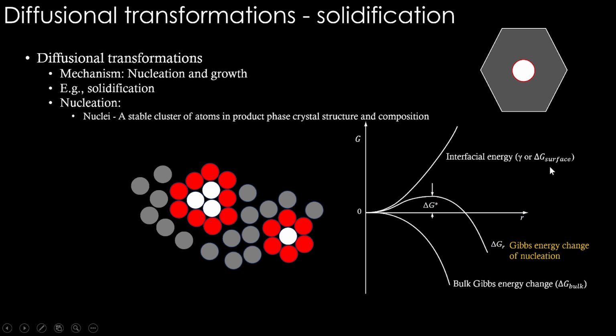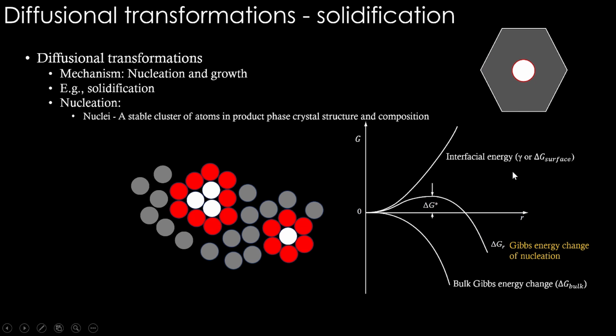Till now, when we considered thermodynamics, we have been thinking only about this bulk Gibbs energy change. If a product phase has a lower Gibbs energy than the parent, the product will form. This is how we have been discussing all along. Now we are bringing in aspects such as interfacial energy, which are part of this transformation, but they are positive energy changes. They are not negative energy changes. Therefore, that positive energy change should be supplied by the negative energy change that is happening, meaning the driving force should be sufficient enough to balance the effect of interfacial energy.